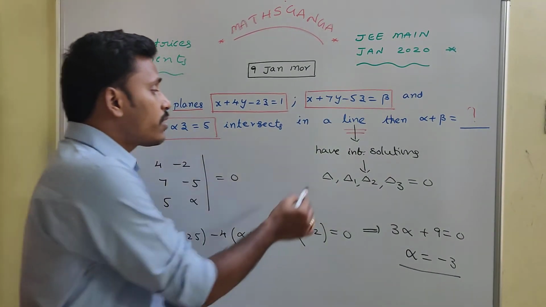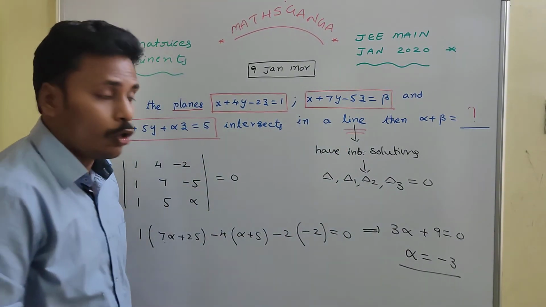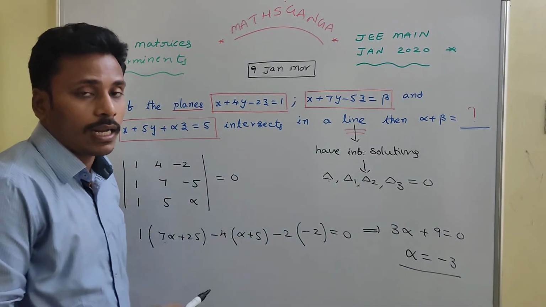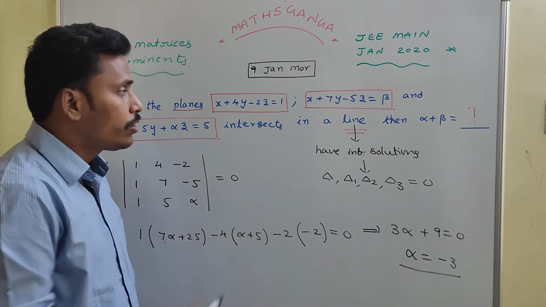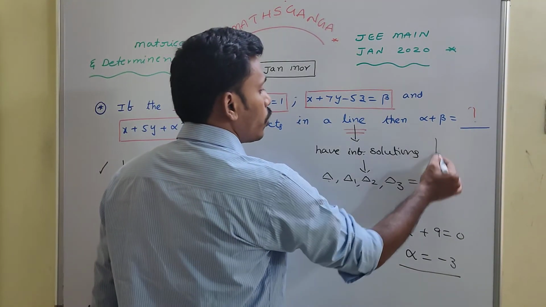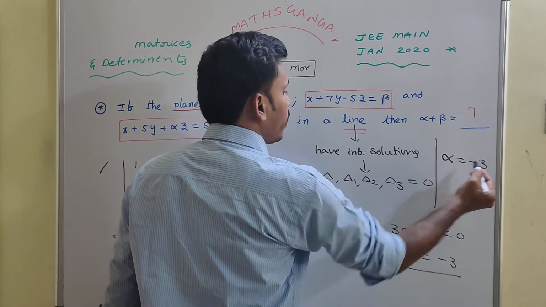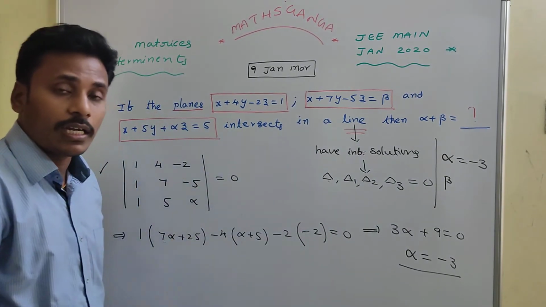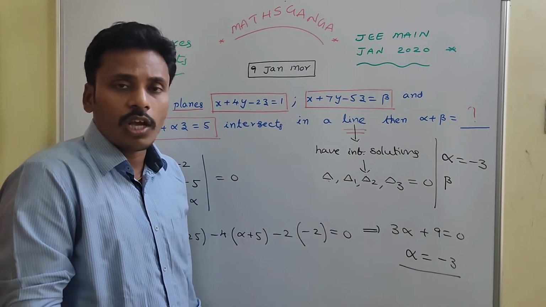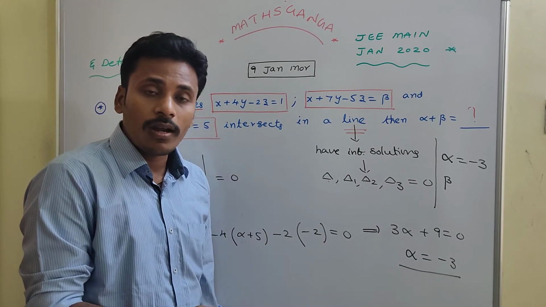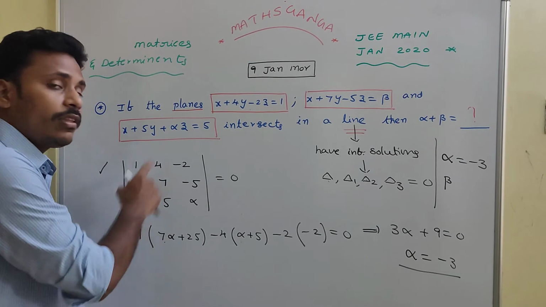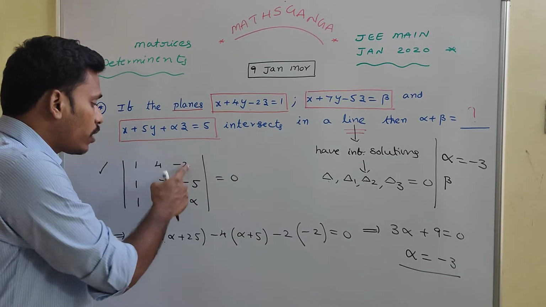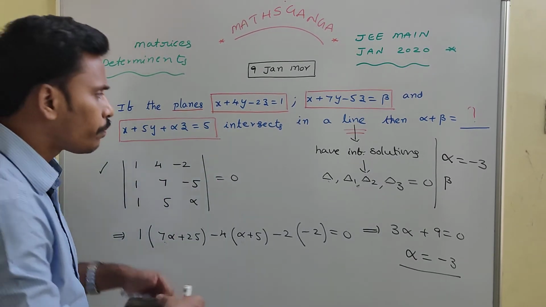Since the system of equations has infinite solutions, the determinants of all these 4 are zeros. If you consider the determinant of the coefficient matrix delta and equate it to 0, you get the value of alpha as minus 3. So we have alpha equals minus 3. The next target is beta. To find beta, you need to consider either delta 1 or delta 2 or delta 3. I think you are all familiar with that. For delta 1 you replace the first column with the constants, for delta 2 replace the second column with constants, and for delta 3 you replace the third column with constants.